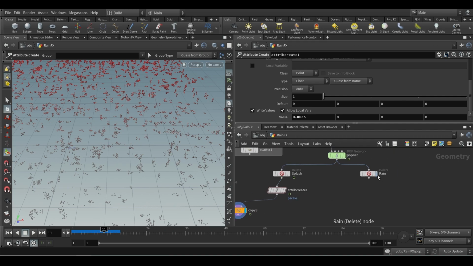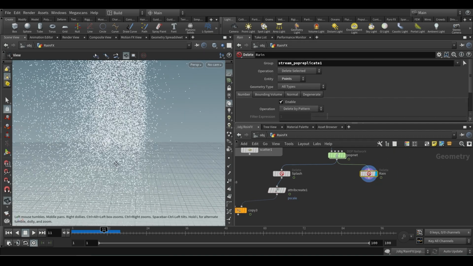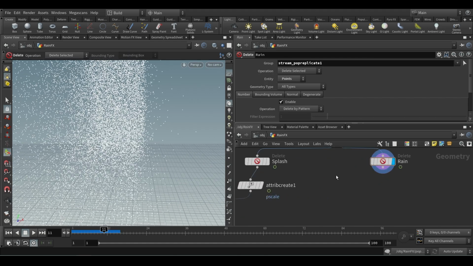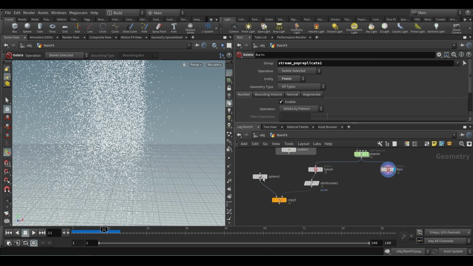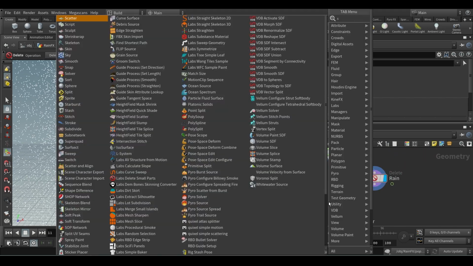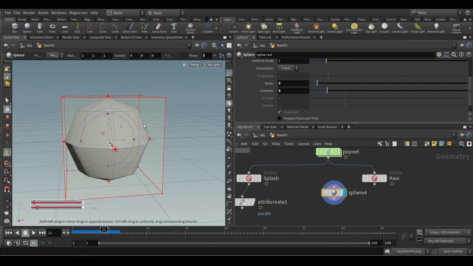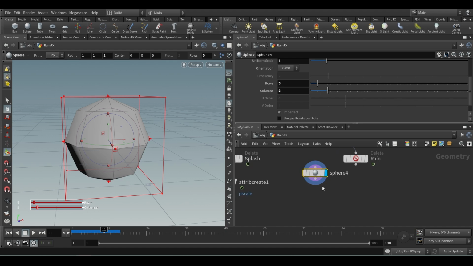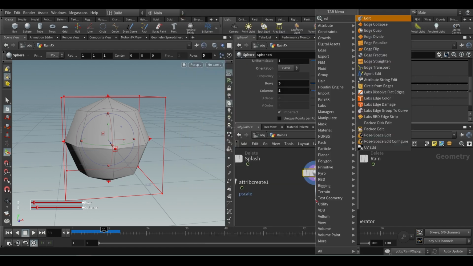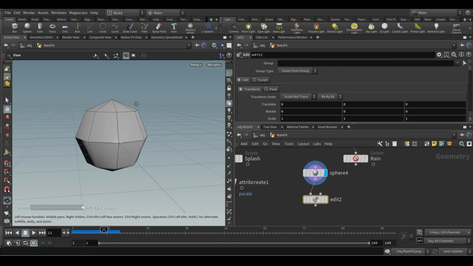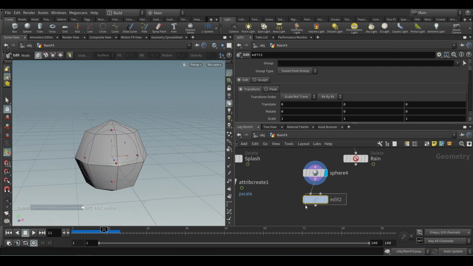Okay, and let's take the rain. For the rain, I want to approach it differently. I'll do the same sphere and the copy, but for this sphere, I'm trying to give it a water shape that you guys know. I'm doing it very simply. I'm going to plug in and edit this point up, then I get that water shape, isn't it? So I'm using an edit node.